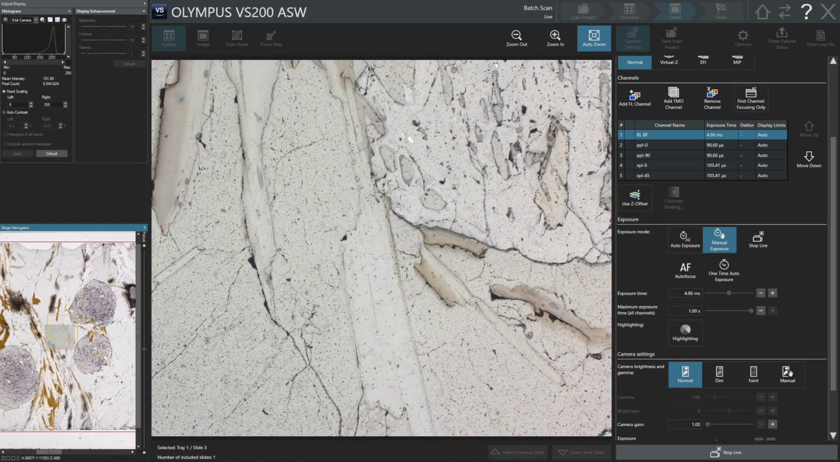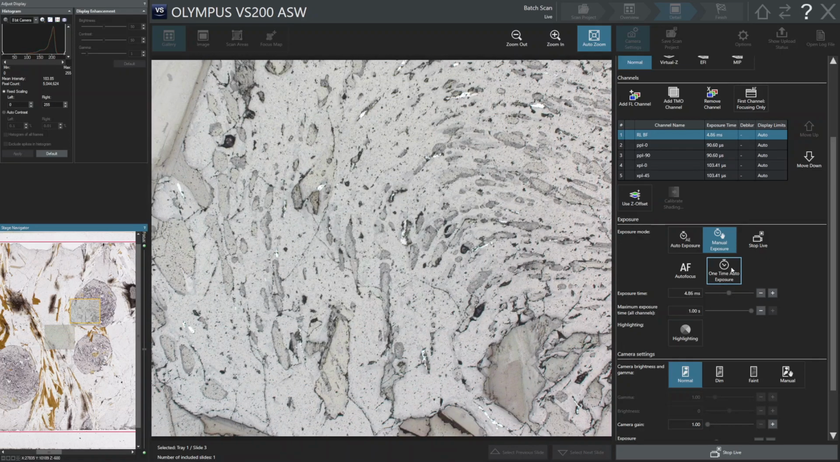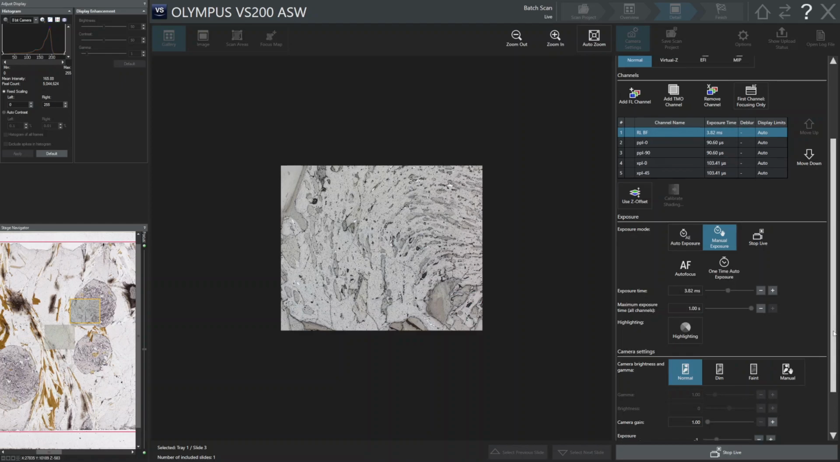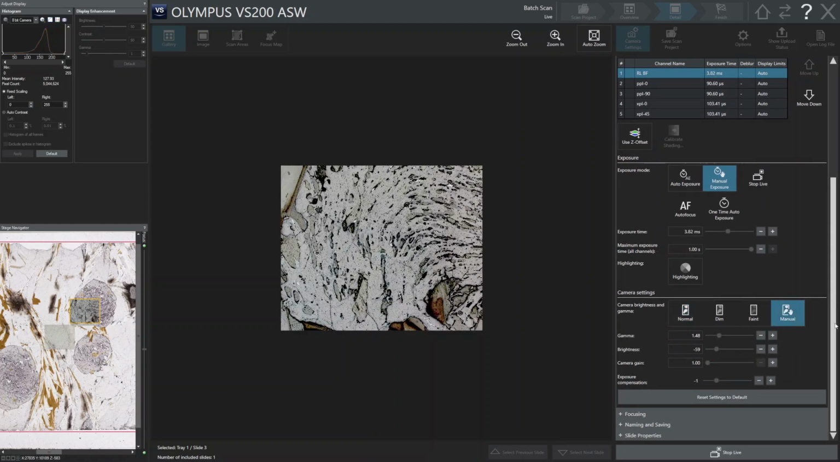overview, and you can drag the field of view to different areas of the sample where, for example, you will do autofocus and then one-time auto exposure. So this will allow you to calculate what's the better exposure time for this reflected light mode. And you can also change the camera settings. If you do manual, for example, and you change the gamma value,